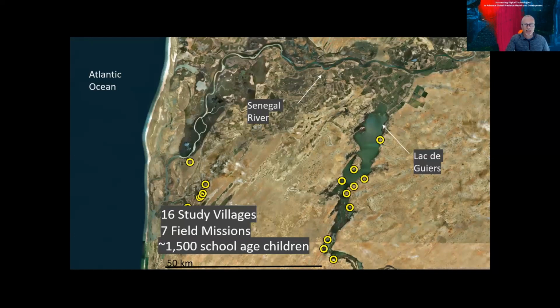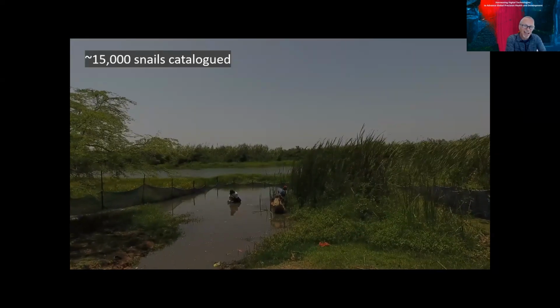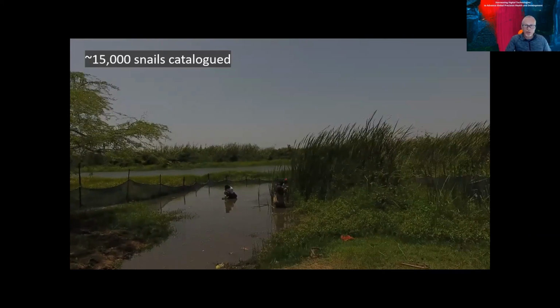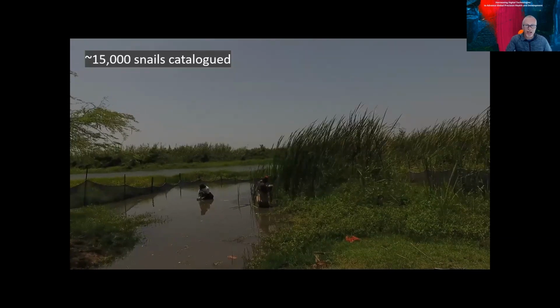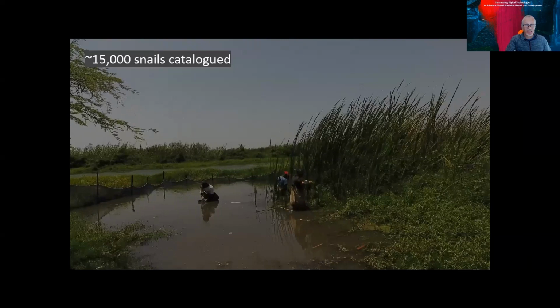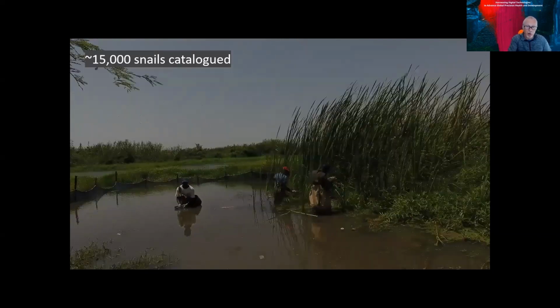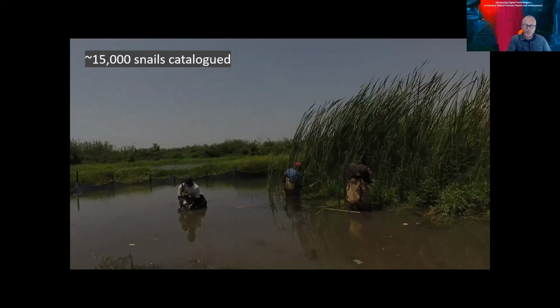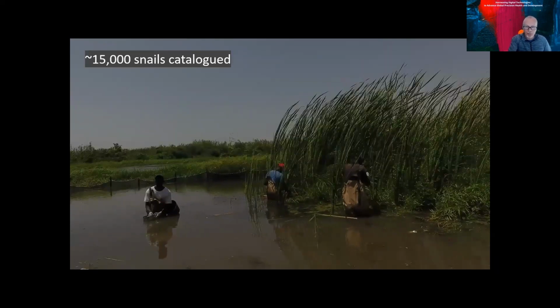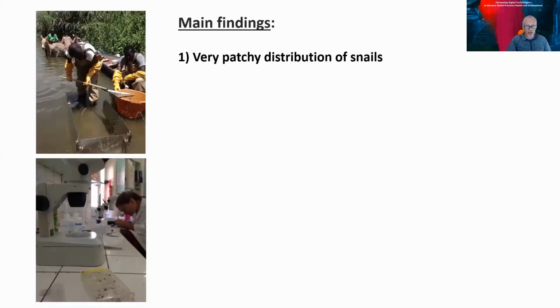And to this end, we've spent countless hours collecting snails from the river and the lake where people congregate for fishing, for bathing, and other daily tasks. We have collected nearly 50,000 snails and meticulously recorded data about all of them, from the exact spatial location where they came from, to the type of vegetation they were found in, to precise measurement of their shell, and of course, which parasites live inside them. And this is what we found.